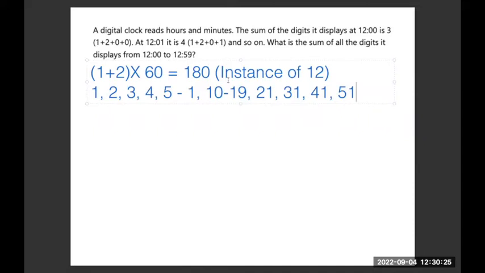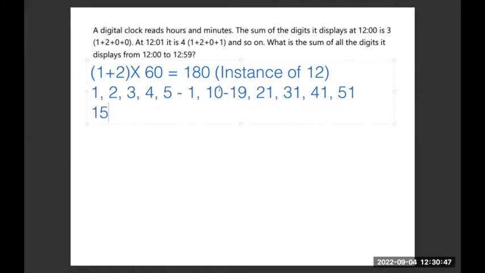There won't be other instances of the number 1 happening, right? So the number 1 happens in 1, 10, 11, 12, 13, 14, 15, 16, 17, 18, 19. So 10 times here, then 11, 12, 13, 14, and 15. So 15